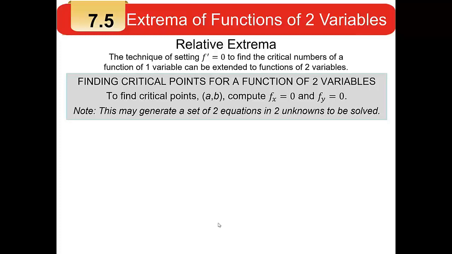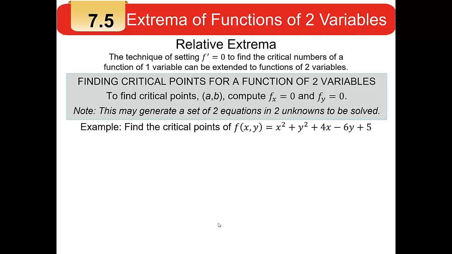To find the critical points for a function of two variables, compute the partial with respect to x, set it equal to 0, partial y, set it equal to 0, and that result will give you the critical points. Now, it may turn out that you get a set of two equations and two unknowns to be solved, and sometimes it's much simpler than that, and I want to illustrate that with a couple of examples. Suppose I have the function f of x comma y equal x squared plus y squared plus 4x minus